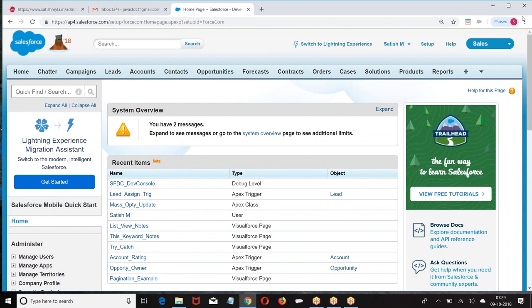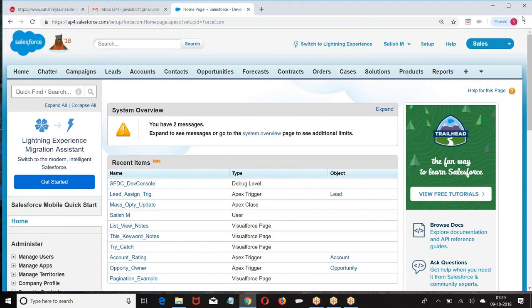Unless parent records are created, I will not be able to create a child for it. When I want to create a child record, first the parent should be inserted, then only I can create a child record. So after the parent is inserted, create a child for it. Are you getting my point? This I cannot achieve with before insert, because unless the parent is saved, I cannot create a child for it.